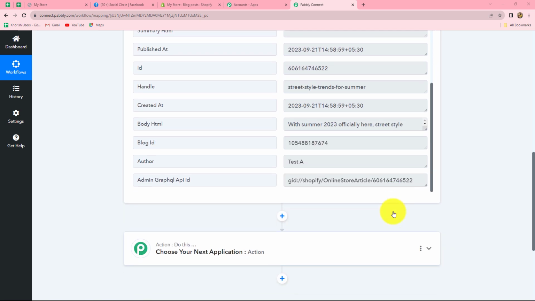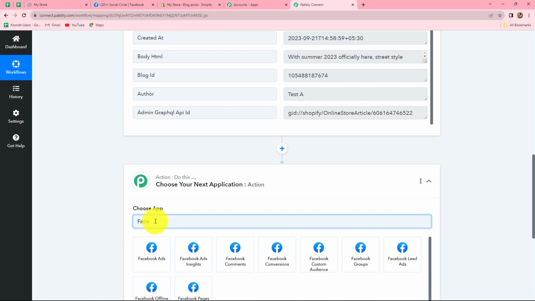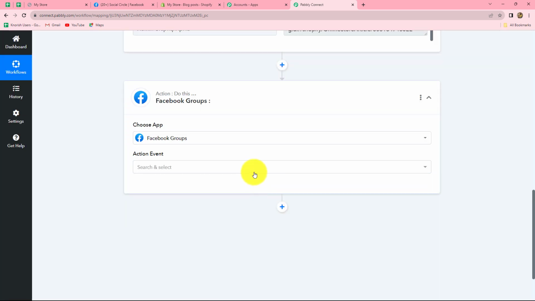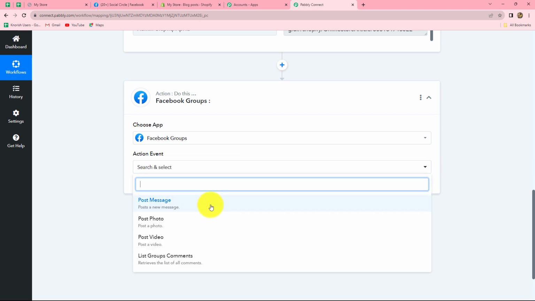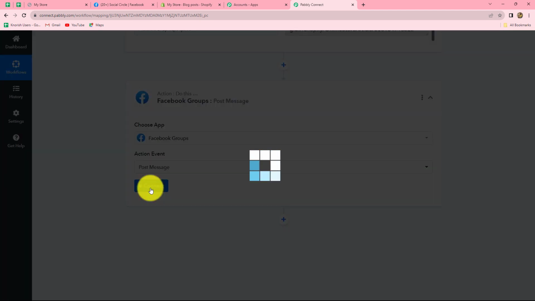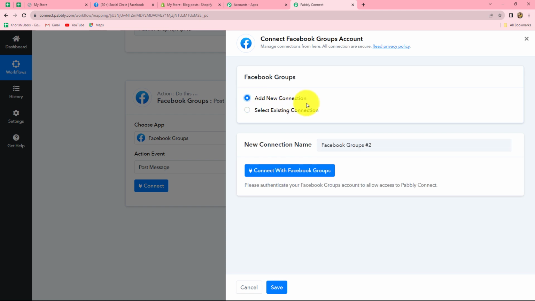Okay, so let's select our trigger application, which is going to be Facebook group. Let's select it. And in our action event, we will select post message, because we want to share a blog on Facebook group, which is going to be shared in the form of a message. Click on connect in order to build a connection, and here we will select add new connection to build a fresh connection with Facebook groups. Okay, click on connect with Facebook groups,